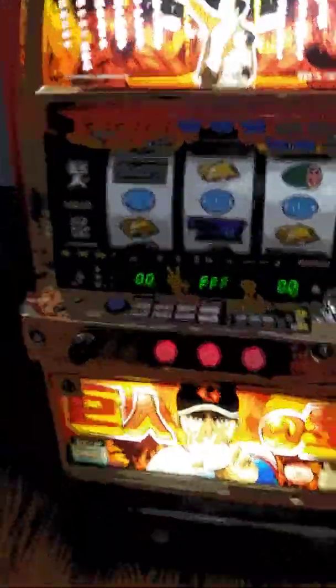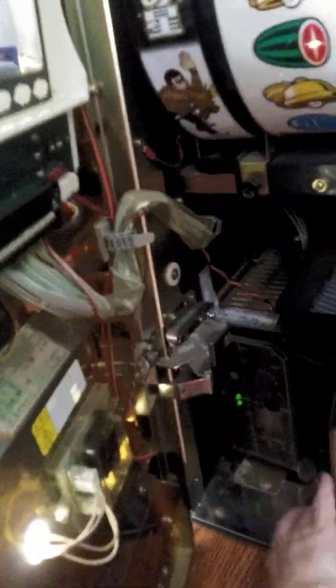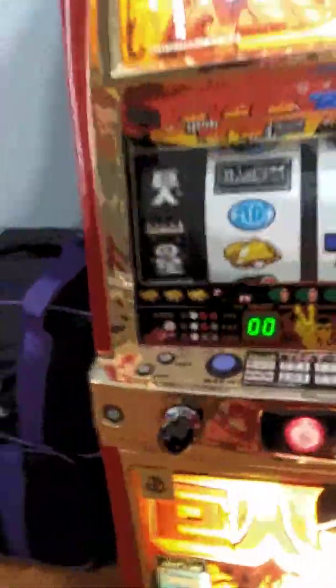It does that because it's running out of coins. That's why you have to open it, and I had to refill her back up. As you see, I made a mess trying to do that. And so that's what happens with my jackpot on my baseball Pachinko slot machine. And then it says FFFF, so...